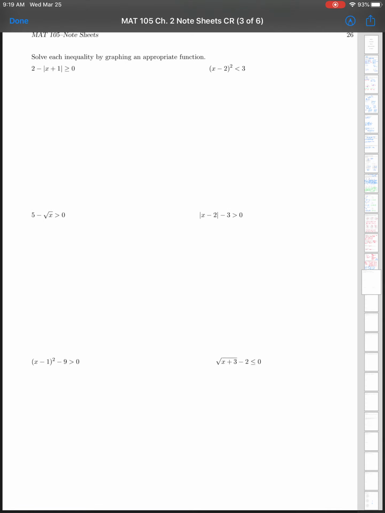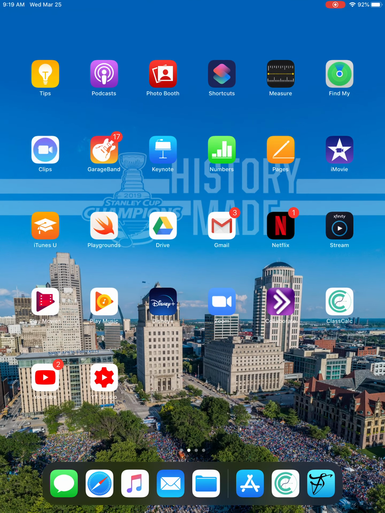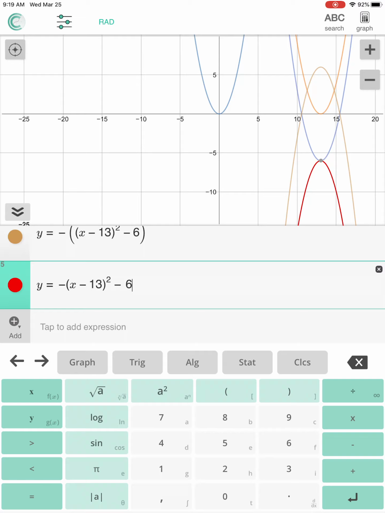Okay, and then the last thing in this section is simply using graphing to help us solve more complicated inequalities. So the idea here is we're going to graph y equals 2 minus the absolute value of x plus 1. So what we're looking for is y to be greater than or equal to 0. That matches up with that. So what we're asking is for what x values, what ordered pairs, are the y's greater than or equal to 0? Because I want this thing to be greater than or equal to 0. So if I graph that,